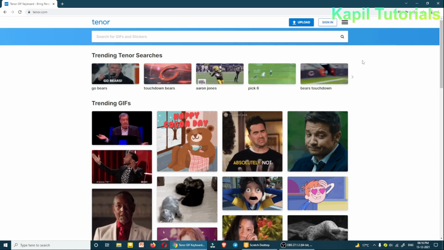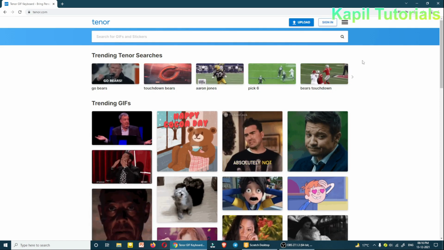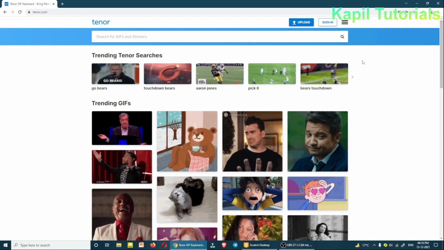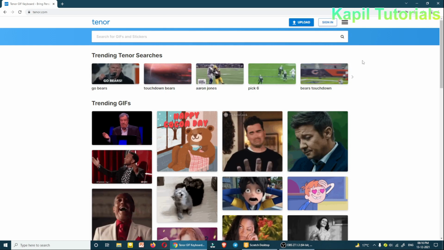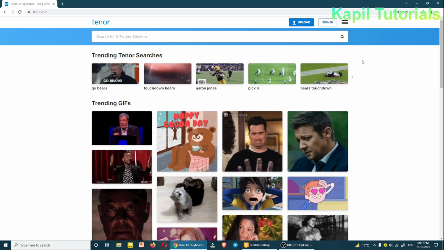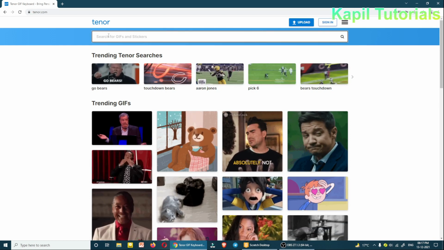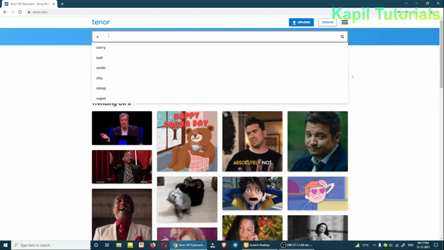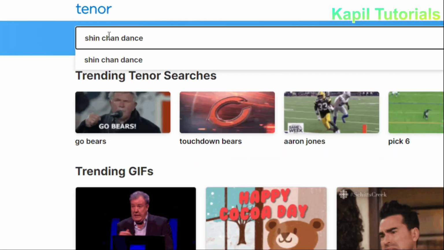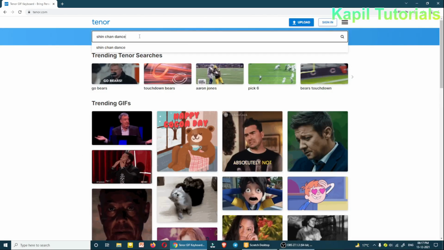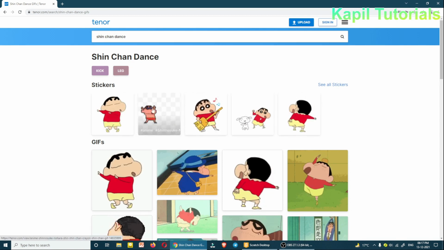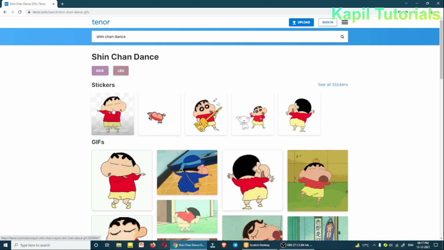This is a space for downloading GIF images, graphic interchange format. Now GIF images are animated images. So I want to download these images to make them my sprite. I'll type here Shinchan dance, as in the earlier teaser I had made. You could see different stickers here. So I'll just click on this first one